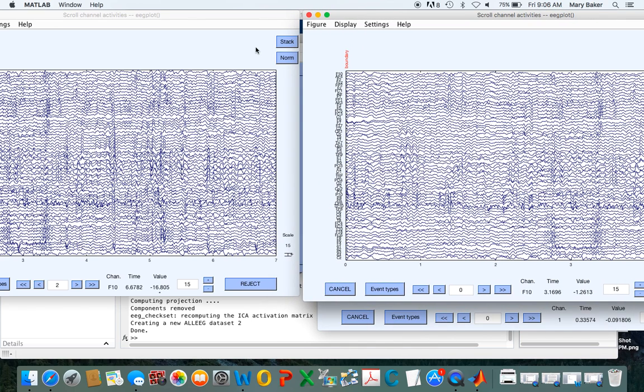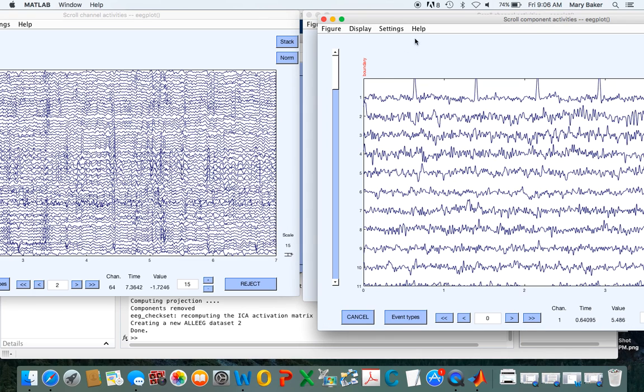So if you look up here at this top channel, you can see a little bit of the appearance here, here, here of that heartbeat. It does tend to show up across all channels. A lot of that is gone when you look at this version, after we have removed that one component that seems to be strongly correlated to heartbeat. So you can do this for heartbeat components. If there's noise in a particular channel, one of the components will show up to be much more noisy. I didn't really see that in our component